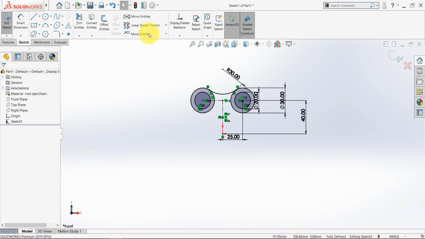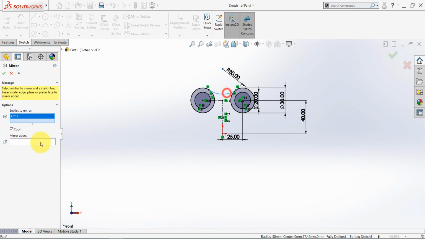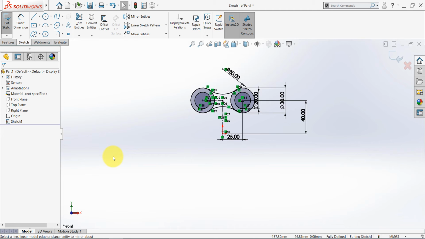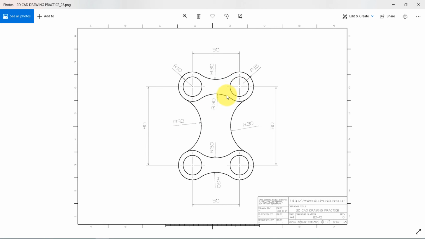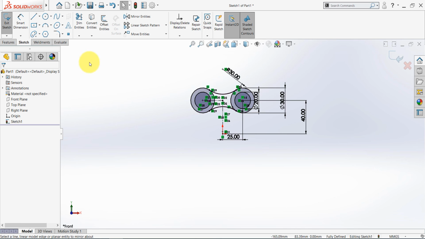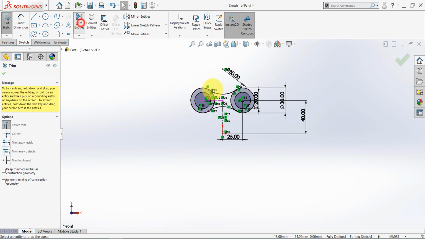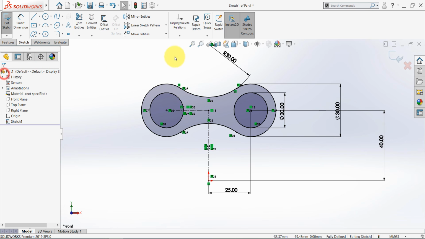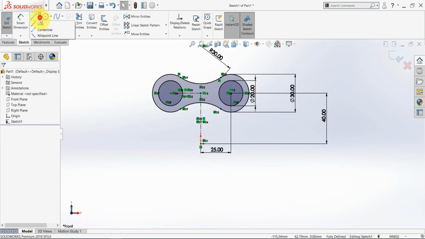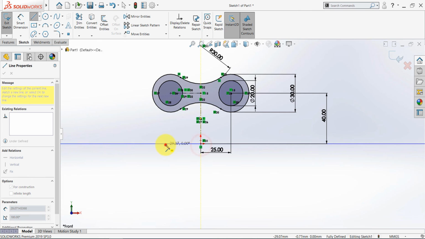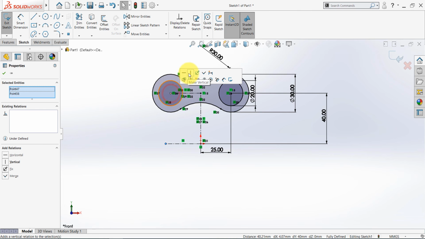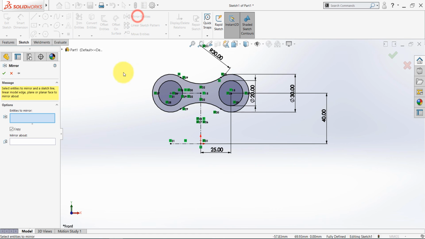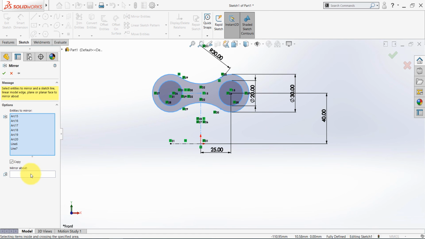Exit the command and mirror this arc about this center line. As you can see, we have some trims to do here. So, trim entities, zoom in, select this part, and this part, and this part. Now, draw another center line here, and select these points to be vertical. Mirror the whole thing about this line,